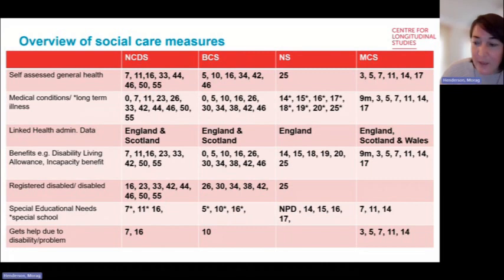We regularly ask about benefits, disability living allowance or incapacity benefit across all of the cohorts at multiple ages. And obviously the definition of the benefits of each period may be slightly different, but I think there's some work that you could do there to identify if they're in receipt of benefits. Registered disabled status is only really captured at NCDS, BCS and Next Steps. But special educational needs, which may overlap with disability, are captured pretty comprehensively in the younger two studies. And explicitly, Next Steps, BCS and MCS ask a question about whether they get help due to a disability or